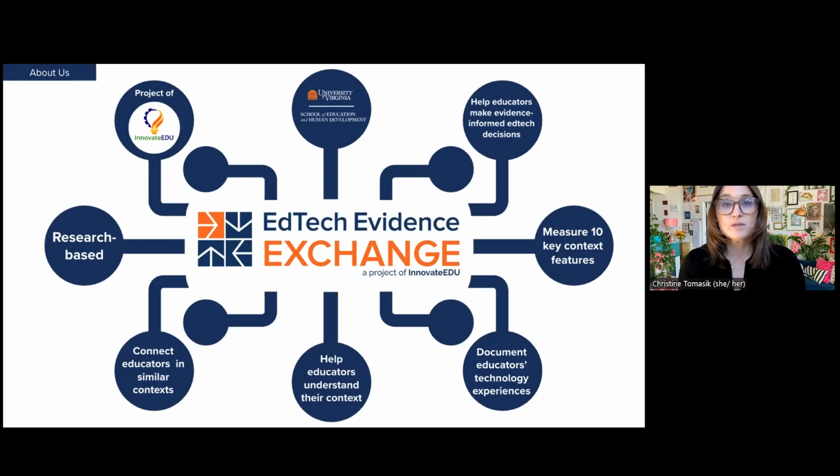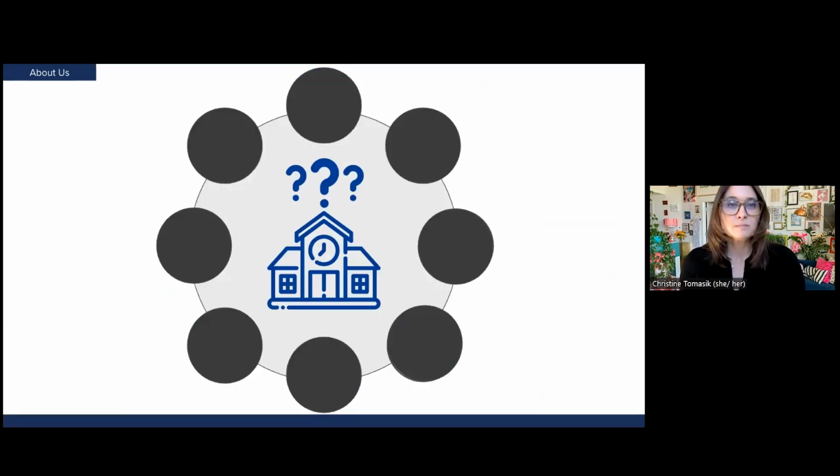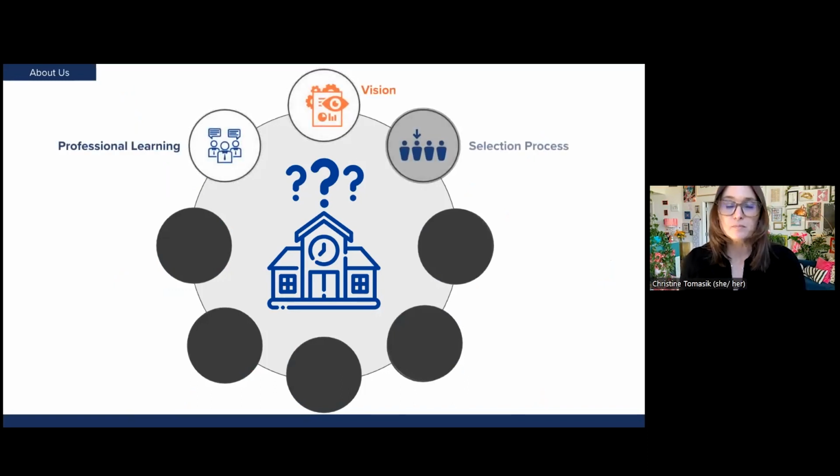Currently, we're focused on collecting data related to selection and implementation experiences with math technologies and documenting the contexts where those math tools are used. Right now, many EdTech decisions are made without the benefit of evidence about the school or district's implementation context, even though these features are knowable.